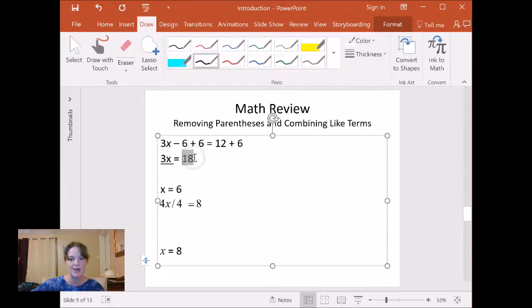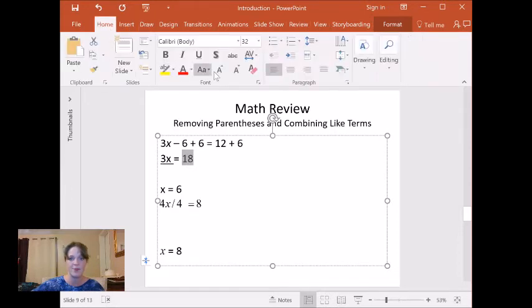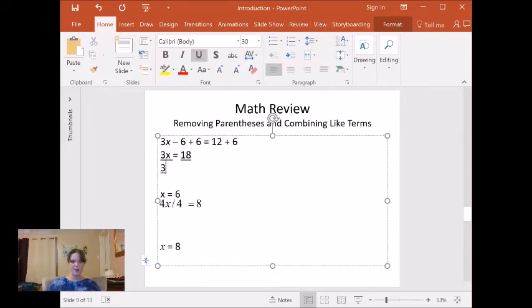And I'm going to take 18 and I'm going to divide by 3. So I take 3x divided by 3, and then I take 18 and I divide by 3. And so 3x divided by 3 is just, what is it? It's just x, right? Because then the 3's cancel each other out. And so then you end up with